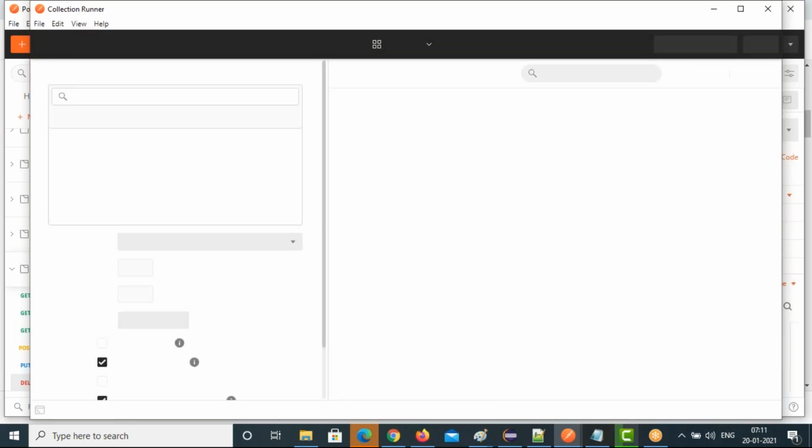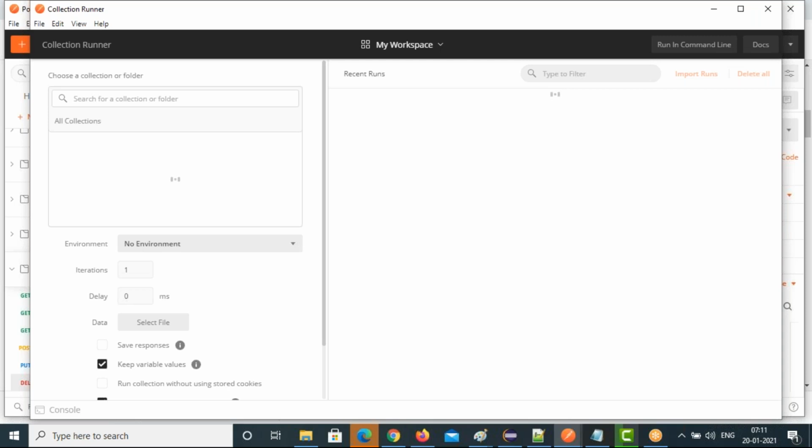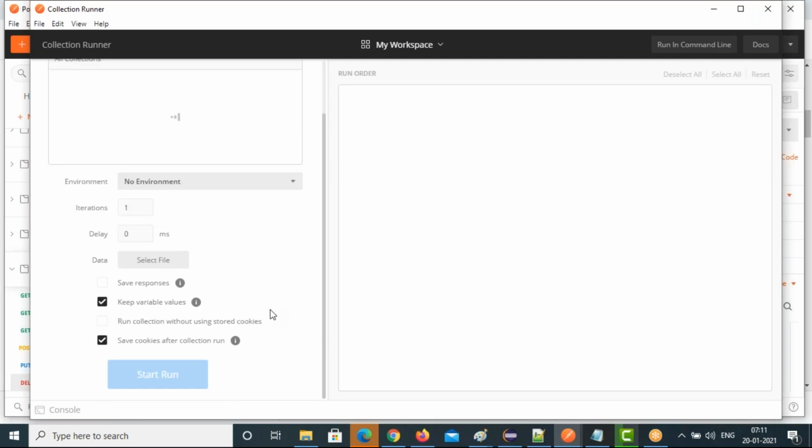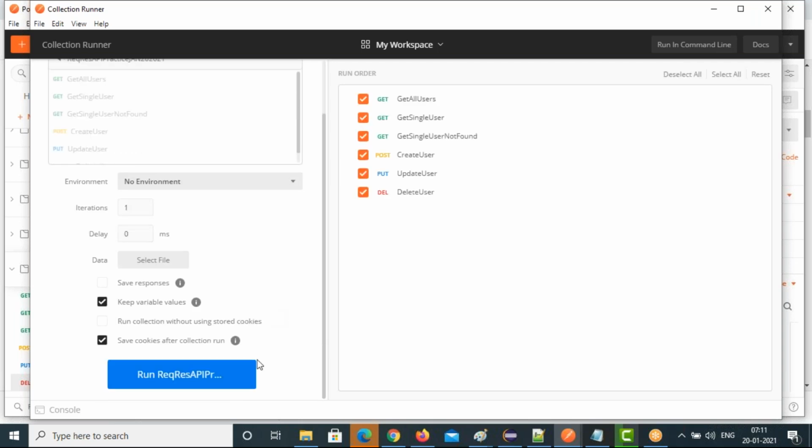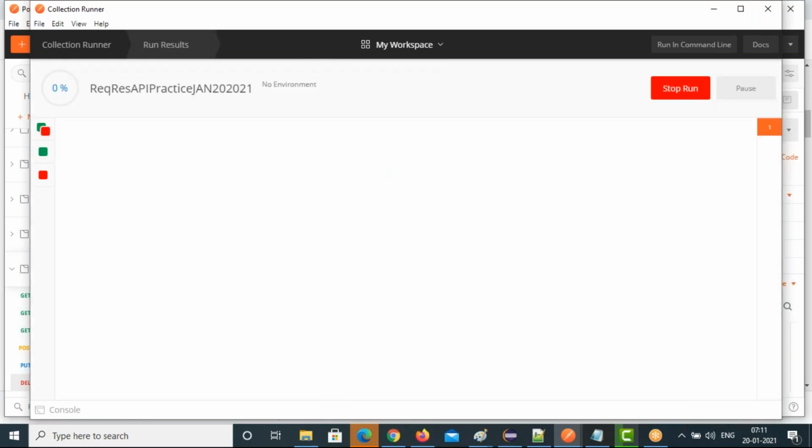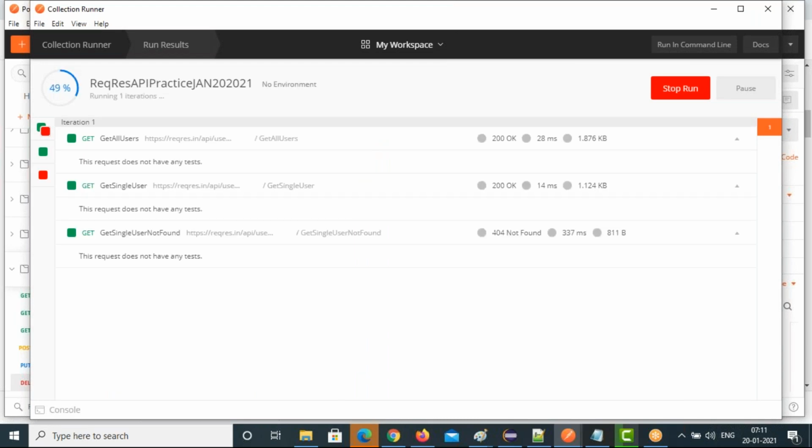So that's all, the two types of APIs I have shown you, and let's automate these APIs. We will run the request one, running these APIs. Let's see. Run request API.